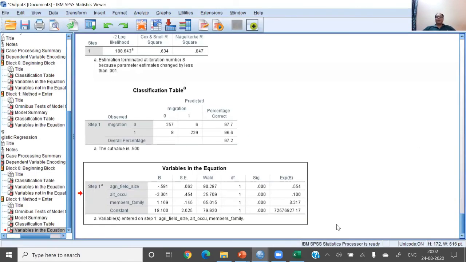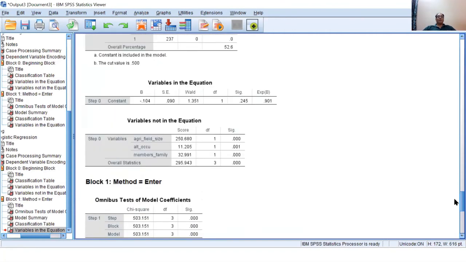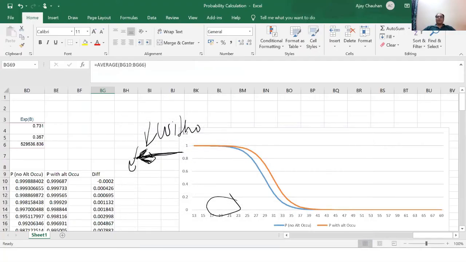So I hope you understand the logistic regression. And this is the model. This is the exponential beta. Exponential beta means the exponential of this beta. And standard error, Wald test, each and everything is clear. Hit ratio explains the accuracy, percent accuracy. And this is the value of R square. And no other value we need from the output. So if you understand this, this is the complete logistic regression model. Okay.